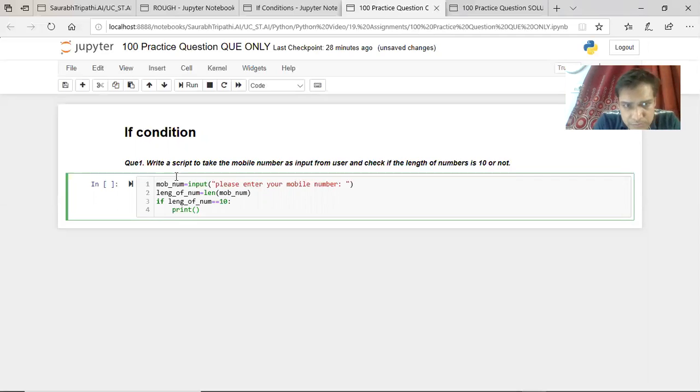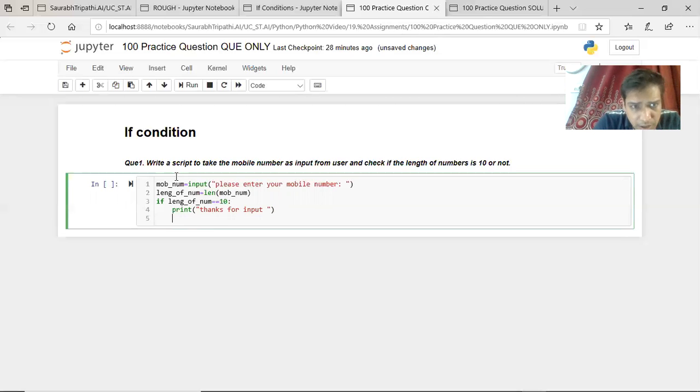Print, what you can print, thanks for input. Okay, in the next line, you can also check if the condition is not true.